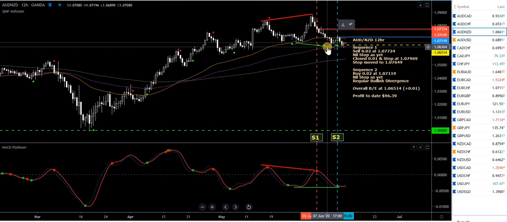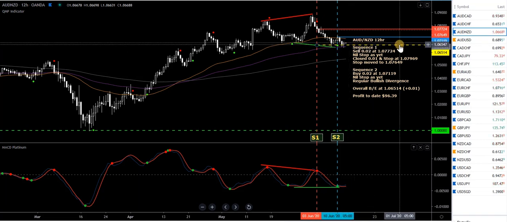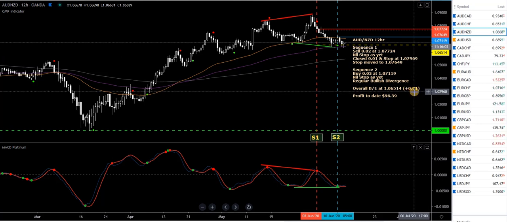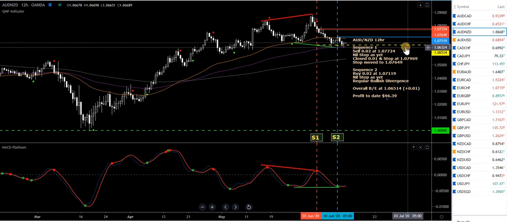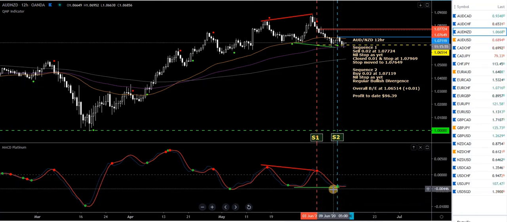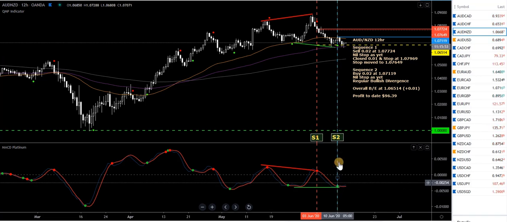Regular bullish divergence. Overall break-even is this yellow line for both trades, so it's positive plus 0.01. As long as price remains above that level, which it is at the moment, I can close both trades and be in profit. The MACD Platinum's still below the zero level, so I've got no intention of closing the